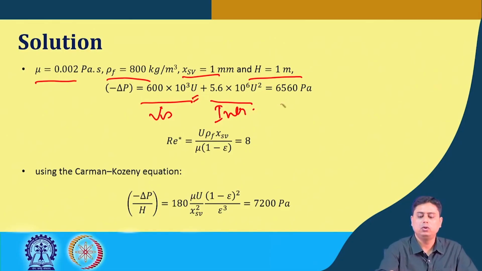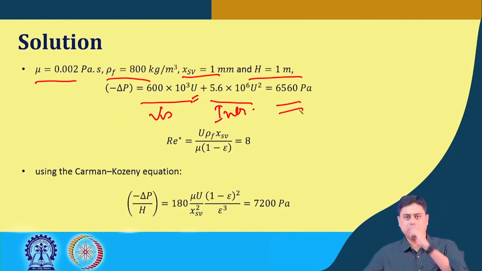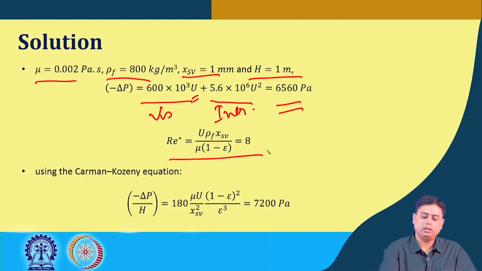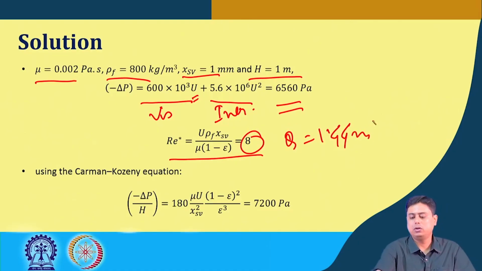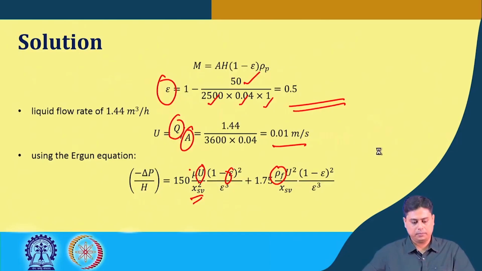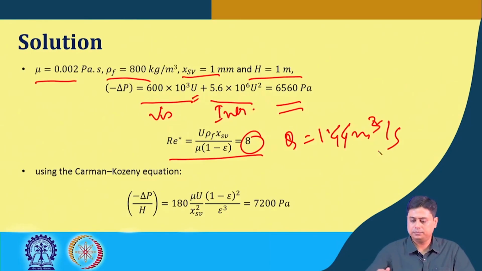From the value of u, we can find that the pressure drop comes out to be 6560 Pascal. This is the answer, but let's check what the Reynolds number is based on the u that we have now calculated. If we calculate that, we see the Reynolds number for this problem, with Q of 1.44 meter cube per hour,